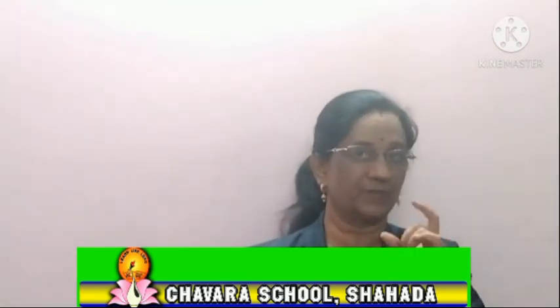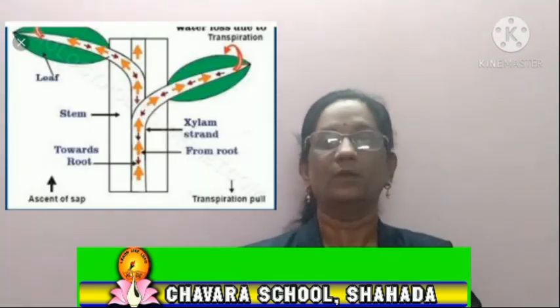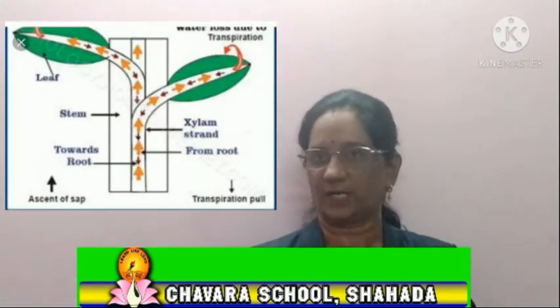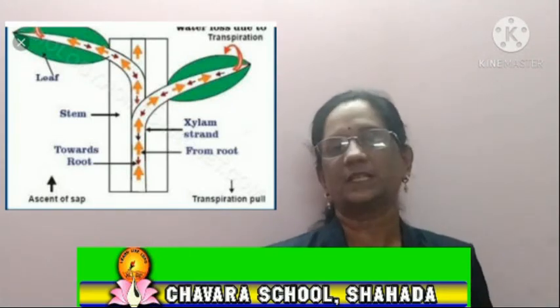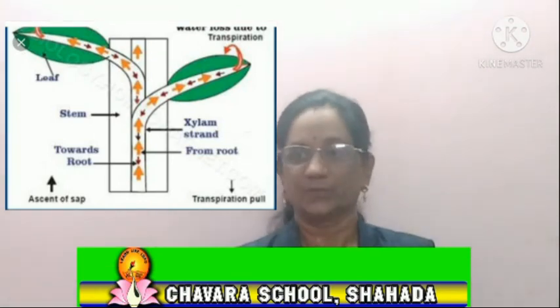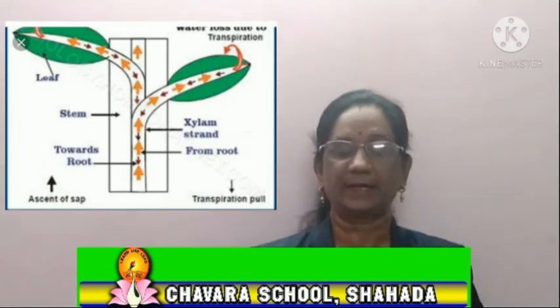Now our next topic is the ascent of sap. So now dear students, what is meant by ascent of sap? Sap, you have learned that. Sap means, always remember, it is in solution form. And here which is the solution? Always remember, water and minerals we call here as sap. So now we have to define how this ascent of sap is going on. You have learned about that.